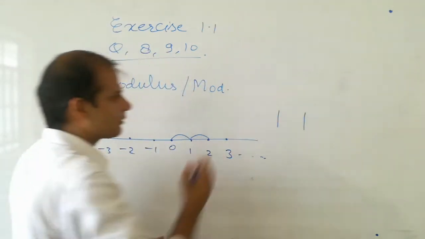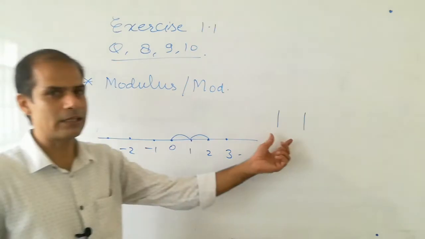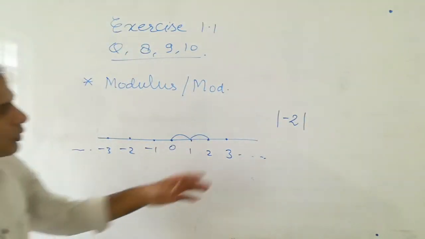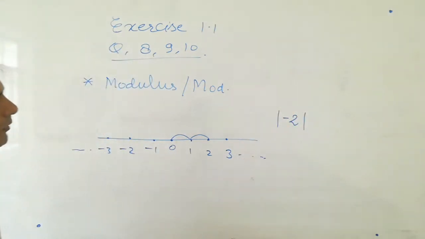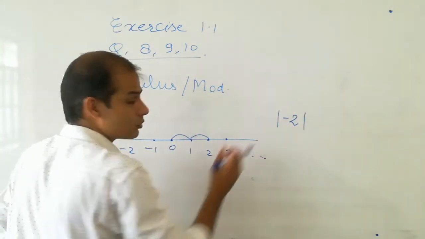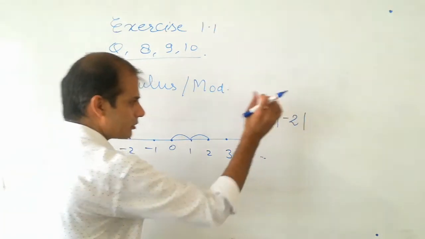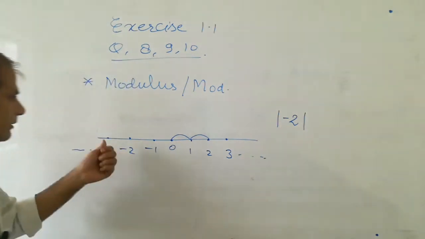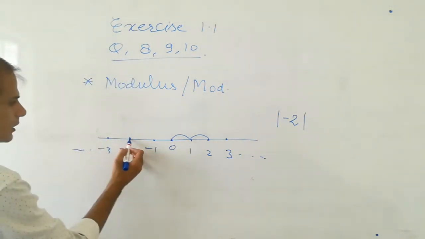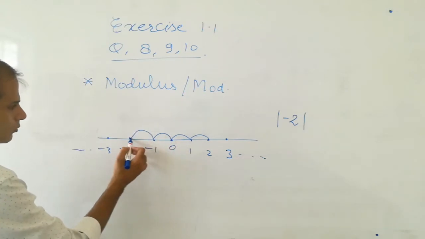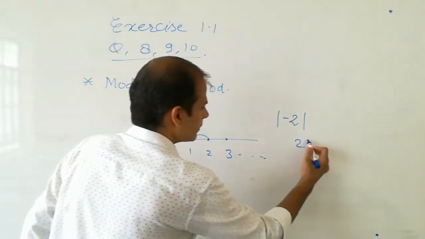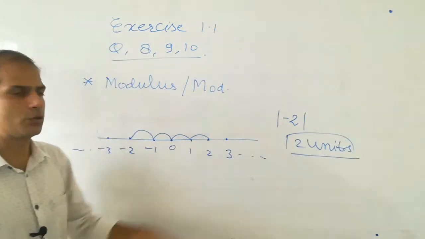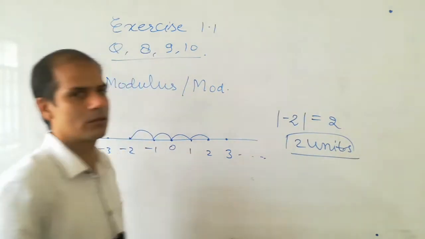Modulus operator is denoted by two vertical lines and we write a number inside these lines. Okay, so इस तरह की दो vertical lines के बीच में ये नंबर हम लिखते हैं. It is called mod of -2 or modulus of -2. Now what is the value of this? So think about -2 and check the distance from 0. Start from 0, 1 and 2 means 2 units. The distance is 2 units. So this 2 is the value of mod -2 and the answer is 2.